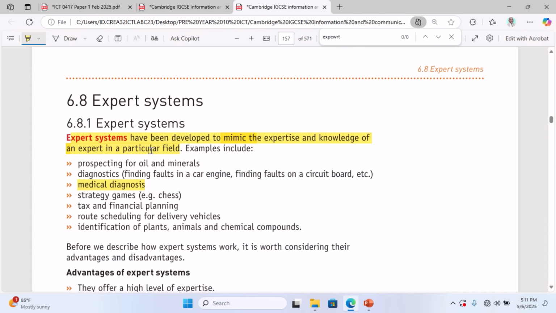Whatever field an expert system is applied to, the system will be developed in such a way that it mimics, and behaves exactly like, an expert in that particular field. These are examples of areas where an expert system can be used or deployed: prospecting for oil and minerals,